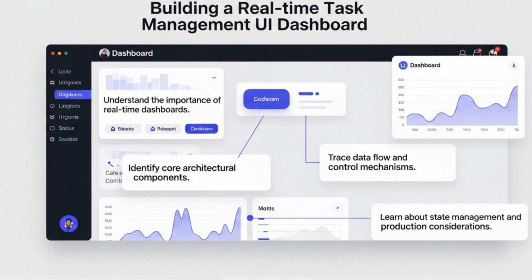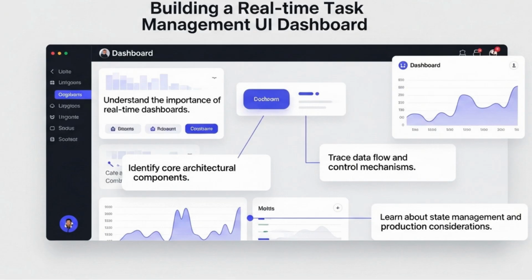Hello and welcome. Today, we're diving into a crucial aspect of modern software systems, building a real-time task management UI dashboard. This isn't just about pretty graphs, it's about gaining complete visibility and control over your distributed tasks, much like a mission control for your background processes. By the end of this lesson, you'll have a solid understanding of how these powerful dashboards are constructed and why